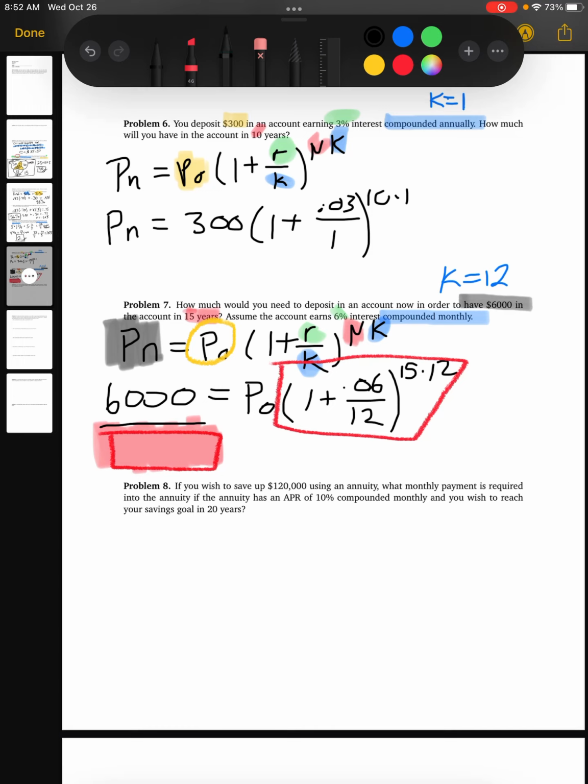We have a really nice clue here: using an annuity. So that means we're going to use the formula for annuities. So annuities say PN is equal to D times 1